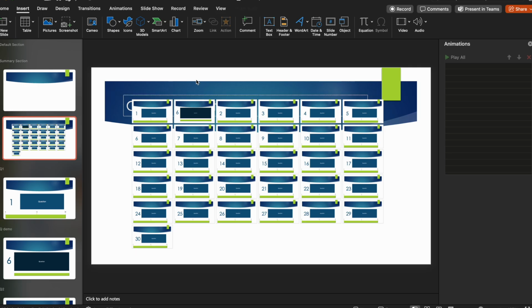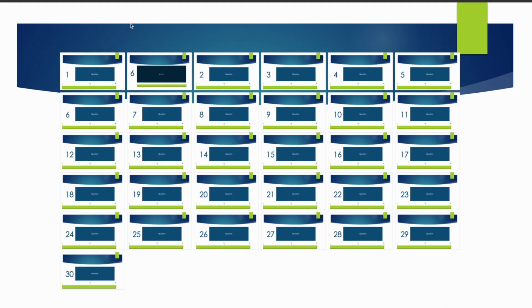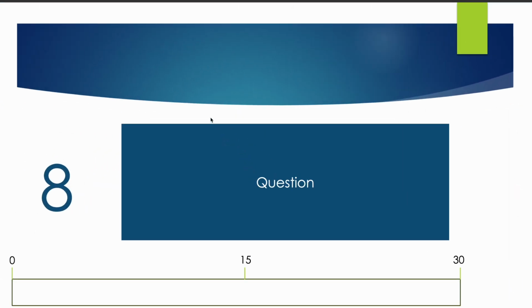So having done that, if I go to preview the slideshow, it brings up this screen. And what I like about the zoom is that this could be displayed. You ask the students to pick a number, so they pick a number. They click onto the question, it zooms straight to the question. You click, you give them a little bit of time to read that. And when you think you've had long enough to read the question, you click again, and that provides the start of the animation. So the countdown starts,